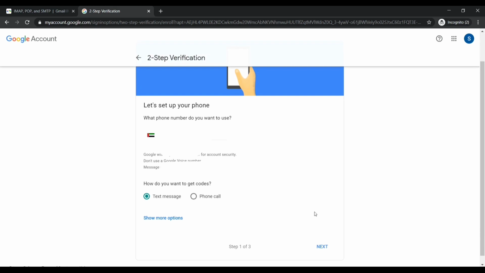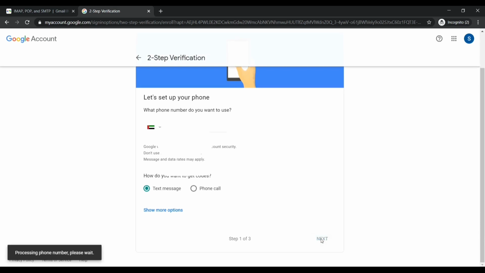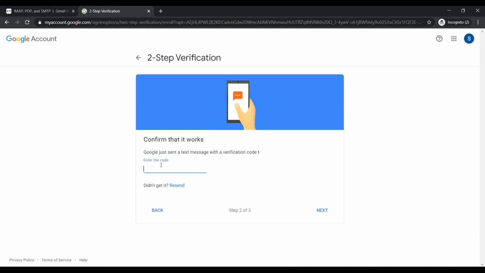Once you have entered it, click on next. I selected text message, so I will get a text message on my phone. I received my text message, so I am entering that.